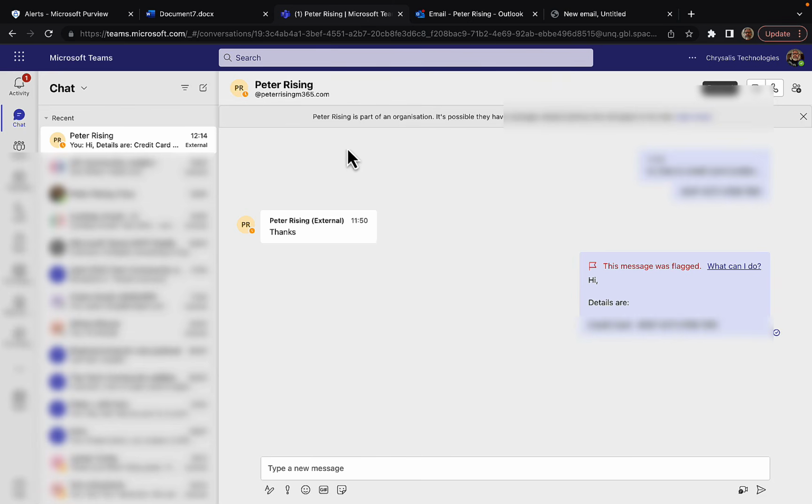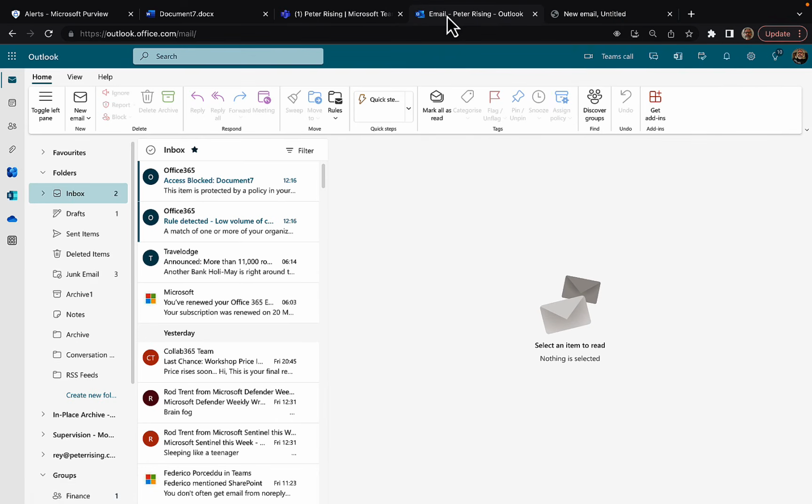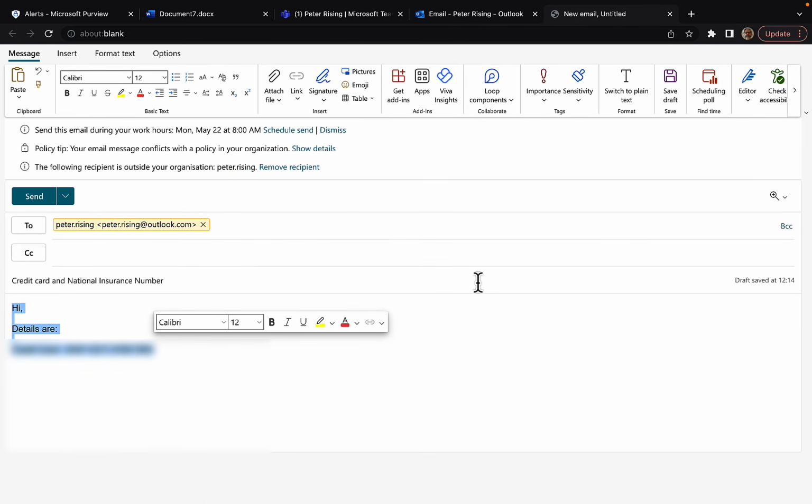And things like their documents in OneDrive and SharePoint and so on. Email is another good example. It can be deployed to Exchange Online. So I composed a new email here, which I started typing out. And as I typed in my credit card number into the email, you can see I've already got a few